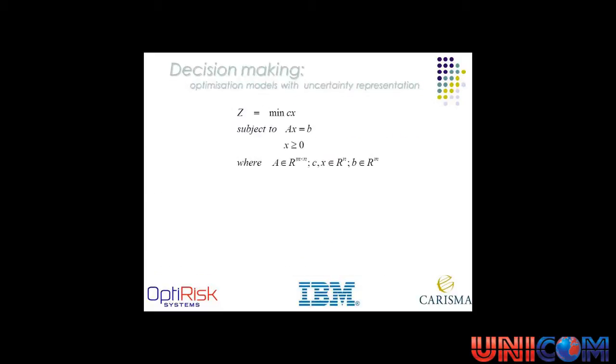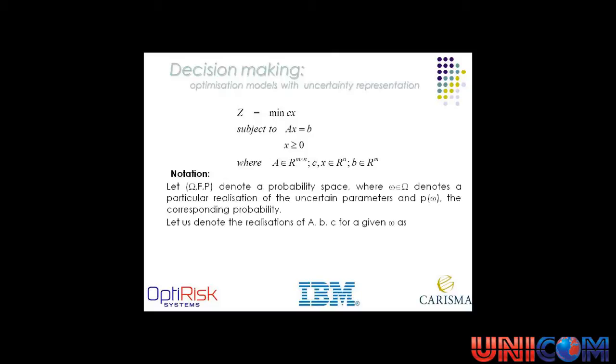So let's do some mathematical notation. It's also hopefully of use to Timo in his part of the presentation. Whereas a linear program had one set of deterministic or known values, which are expected values of the objective function coefficient C, the technology coefficient A, and the right-hand side B, in the probability space, in the domain of uncertainty, we have omega, F, P, the probability space, where omega denotes the realizations of the uncertain parameter, and P(omega)